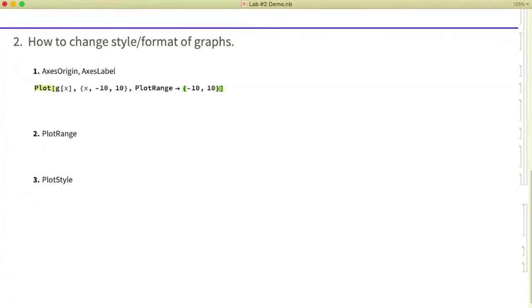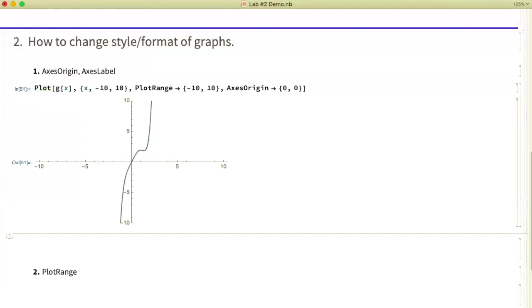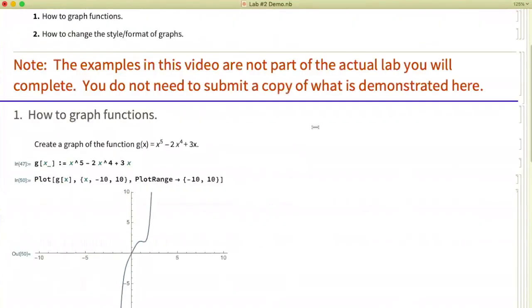I'm going to leave my plot range command sitting there, and I am going to put in axes origin. This is another command that's going to want that little arrow. So I'm going to do subtraction sign, greater than sign. I will use the curly set brackets again, and I'm going to set it to 0, 0. If I do Shift Enter on this command, you're not going to notice much of a change from the last